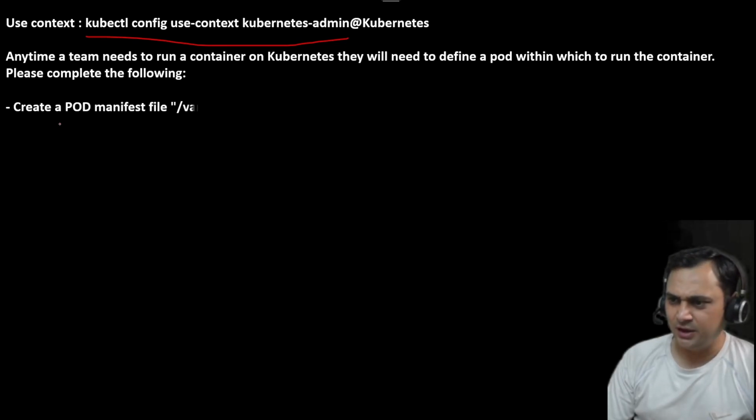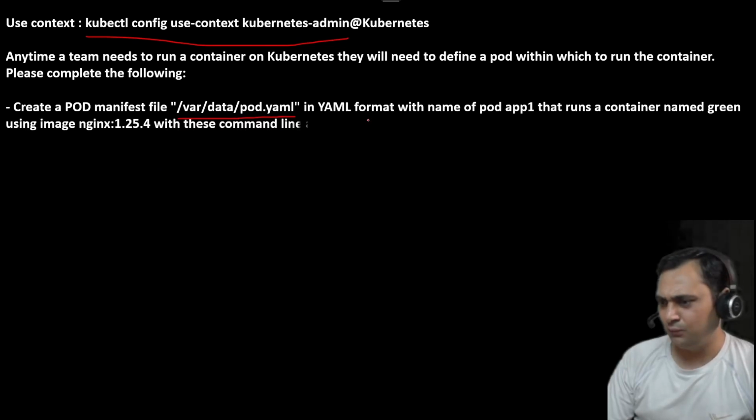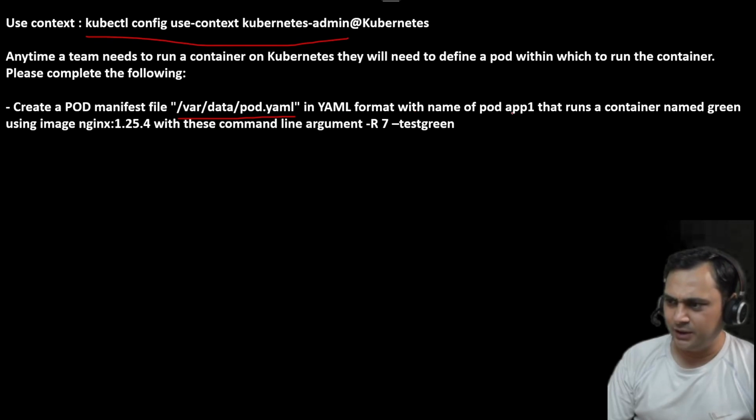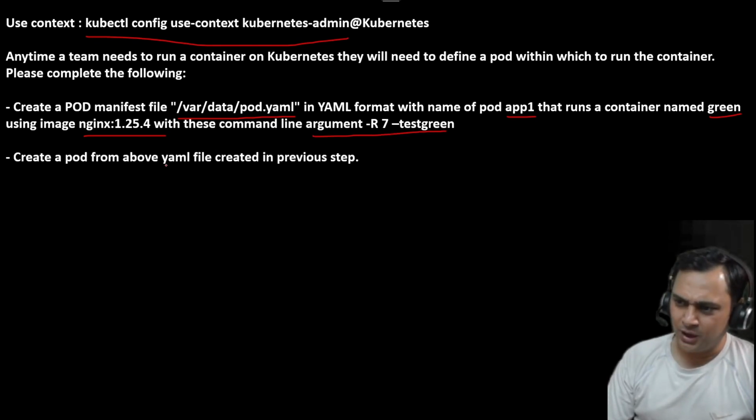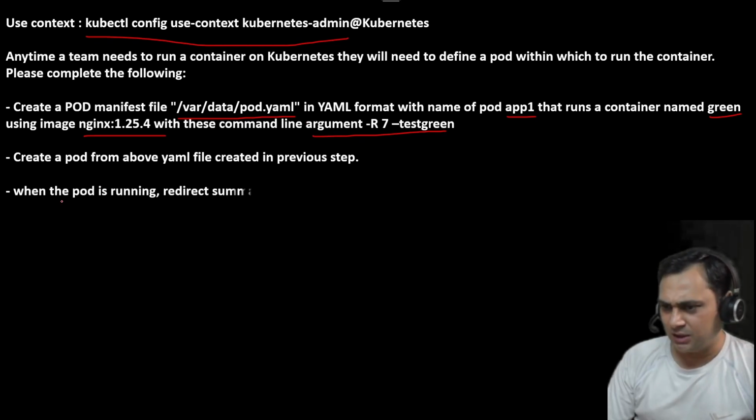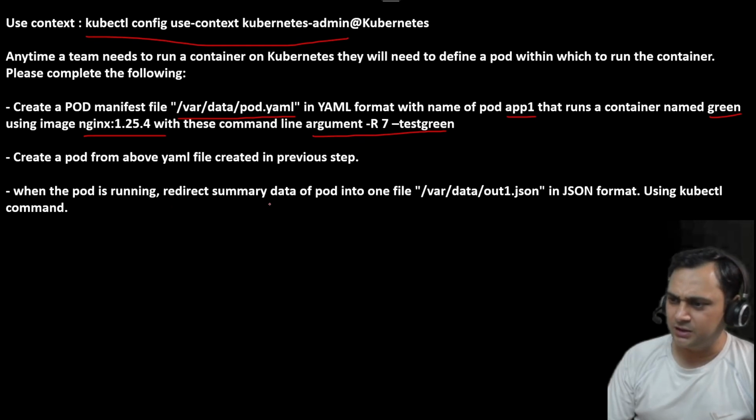The first one is create a pod manifest file. This is my YAML file, in YAML format, with the name of the pod as app1. Let it run the container named green. It means that for the container name you need to modify it here to green, using the nginx image with this command line argument. After that, create a pod from the above YAML file created in the previous step. The third task is, when the pod is running, redirect summary data of the pod into one file in JSON